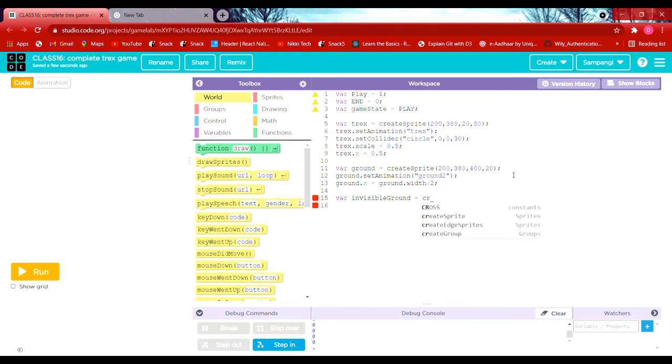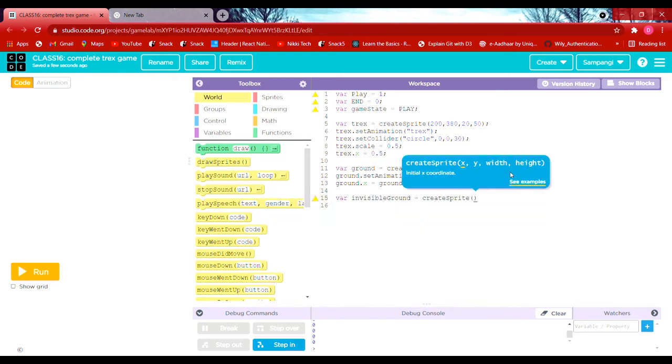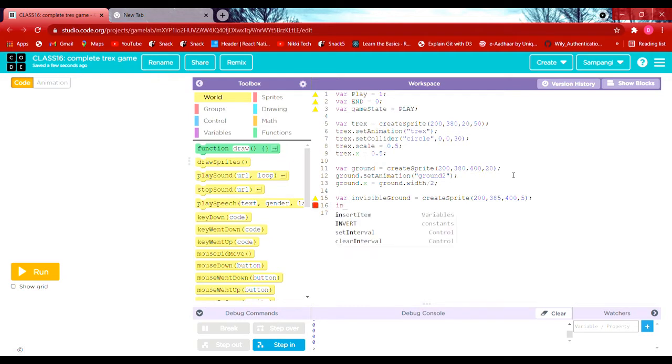Invisible ground is equal to create sprite. So invisible ground is 200, comma 385, comma 400, comma 5. Let us close the round bracket, semicolon, and the next line is to make the invisible ground